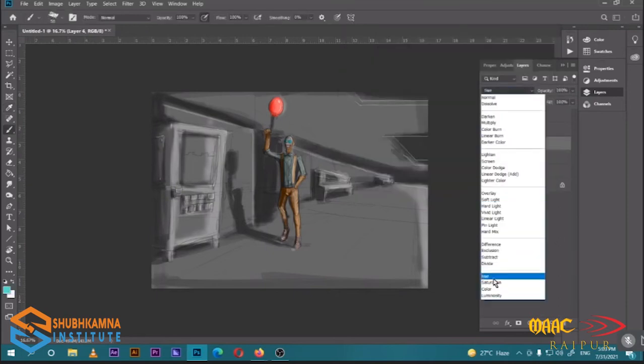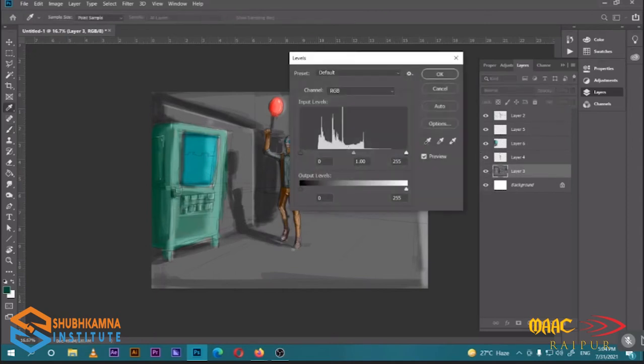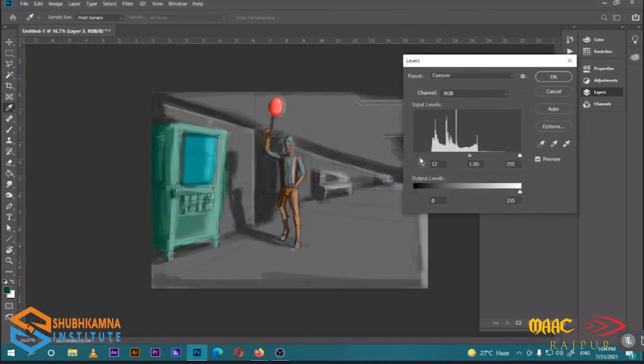Give it a color blending mode. Now if I wanted to put a little bit of darkish tone, I'm gonna select my grayscale layer, and I'm gonna press Ctrl L, and then I could be arranging its tones and shades, the lights and shadows can be arranged with this.